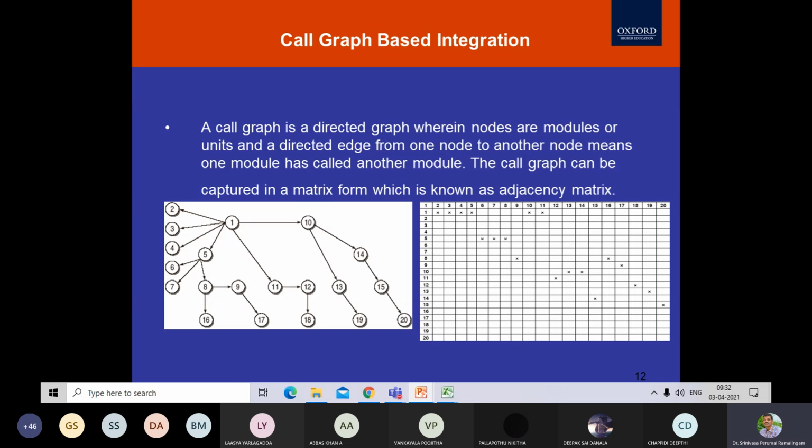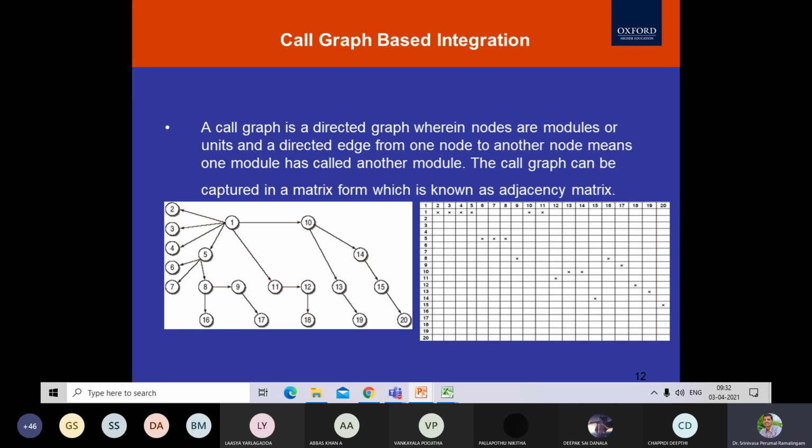Here 1, 2, 3, 4, 5, 11, 10 are the adjacent nodes of 1. That means next node to that 1. Similarly, we need to identify wherever the connectivity is there. So connectivity is there, that this is a pair node, as she said. So 1 and 10, there is a connectivity. So these two are pair. 1 and 11 is a connectivity. So these two are pair.